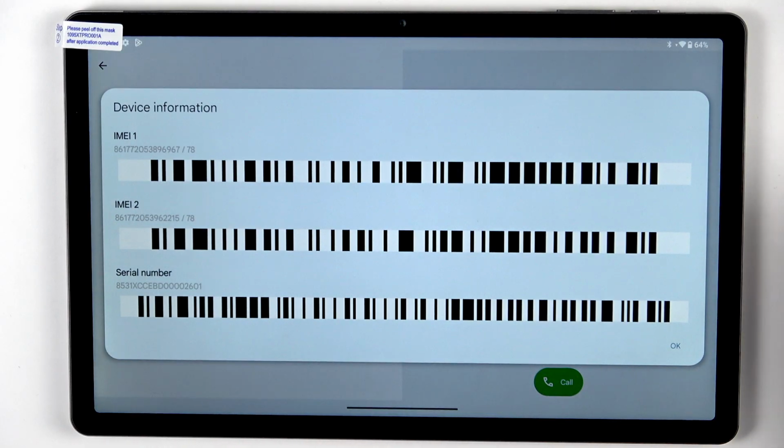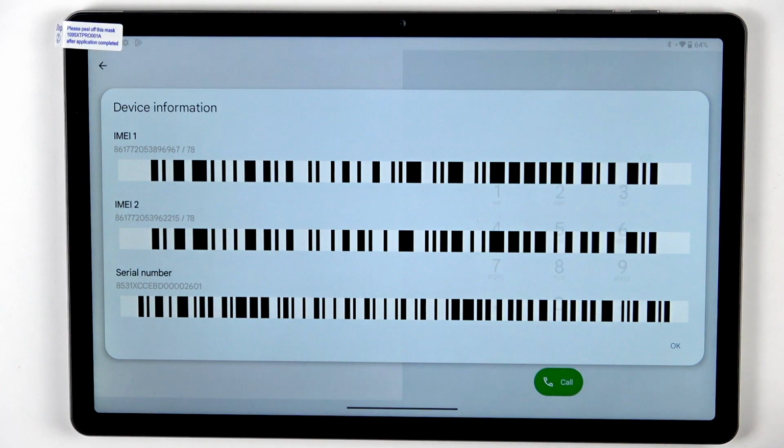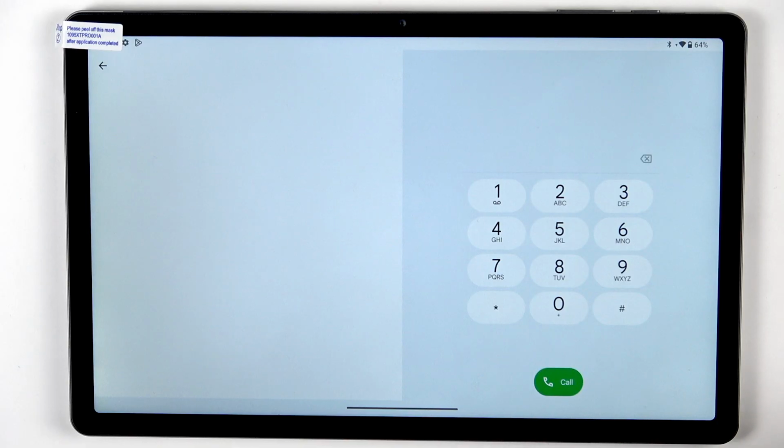*#06#. And as you can see, by this code we are provided with both IMEI numbers and the serial number of this device. Tap on OK, and now another code, which is